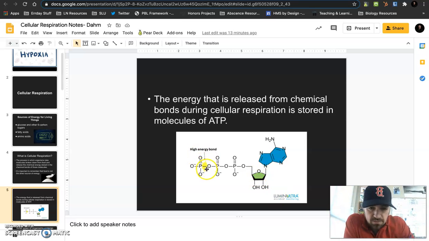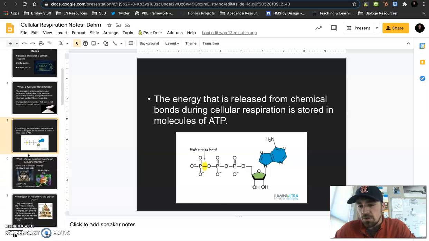And so if you look, this bond right here that holds this phosphate to this phosphate, that's where all your energy is stored, in that bond. So when you make this molecule, what your cells do is break off this phosphate, which releases energy, right? Remember, bonds break, they release energy, okay? And then you end up with a new molecule that is only 2 phosphates, which is adenosine diphosphate, ADP, okay? And then your body takes that ADP molecule and adds a phosphate to it through this process of cellular respiration, and that's what creates ATP. That's what creates that energy. Okay? So moving along,